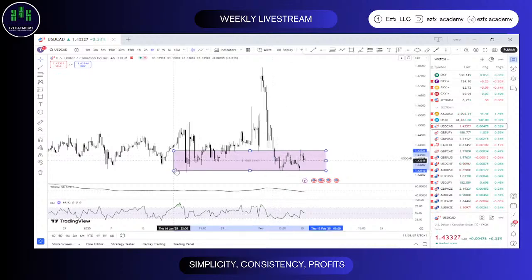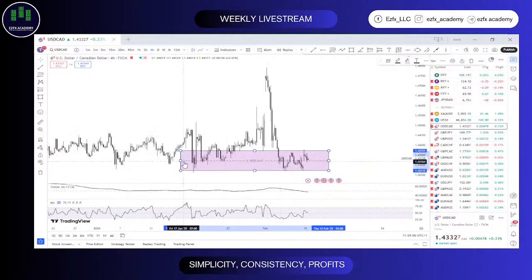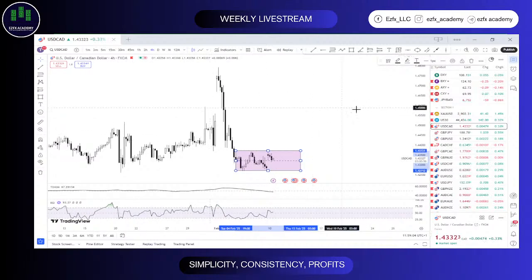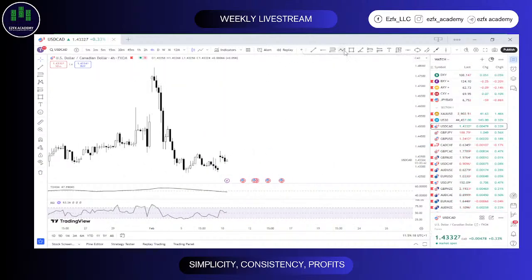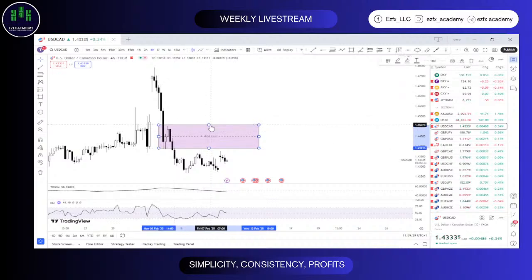So this is a range I'm currently seeing here. I'd prefer to watch out for a breakout of this range first, even though right now this is giving me the vibes that I'm possibly still going to drop. But let's work with this for the meantime. Do we have any correlation to see now?